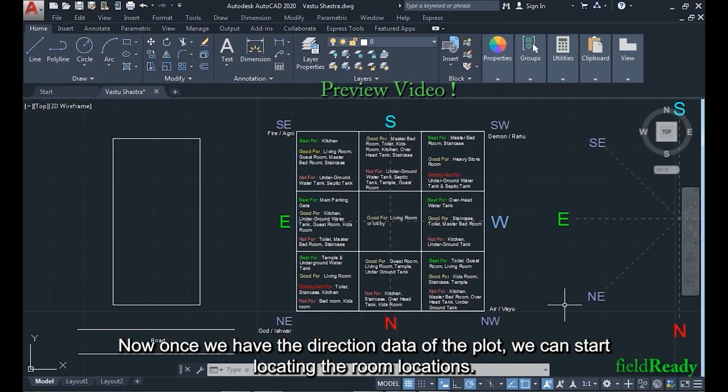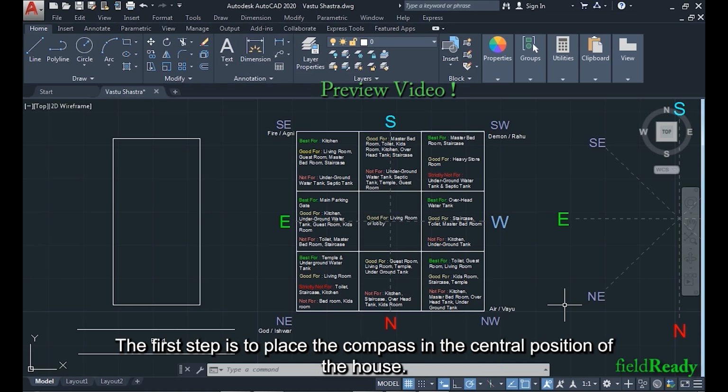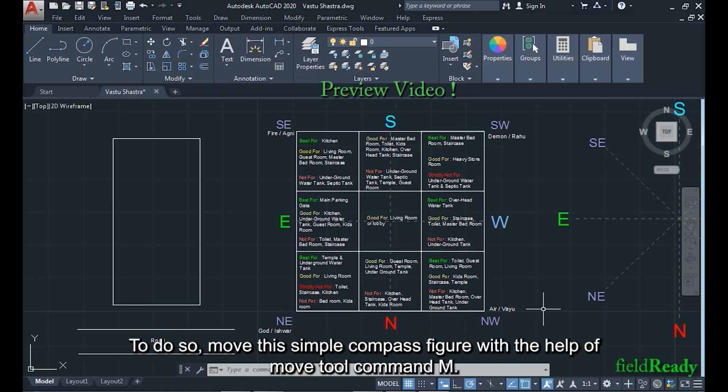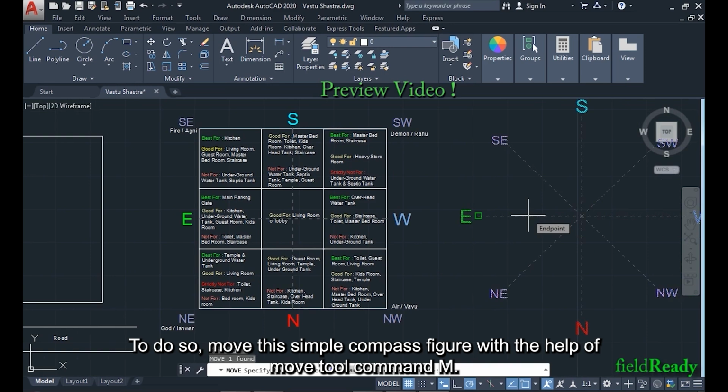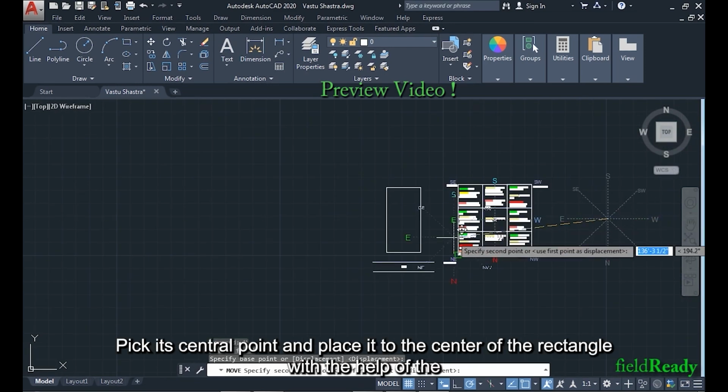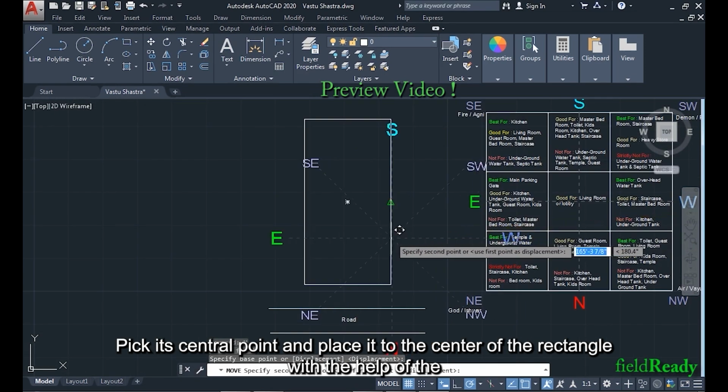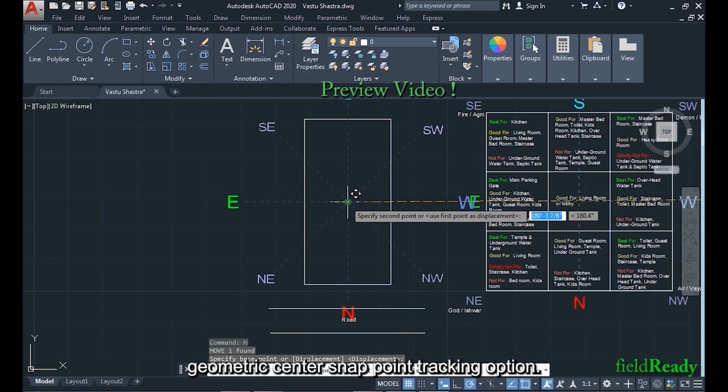Now once we have the direction data of the plot, we can start locating the room locations. The first step is to place the compass in the central position of the house. To do so, move this simple compass figure with the help of Move Tool, command M. Pick its central point and place it to the center of the rectangle with the help of the Geometric Center